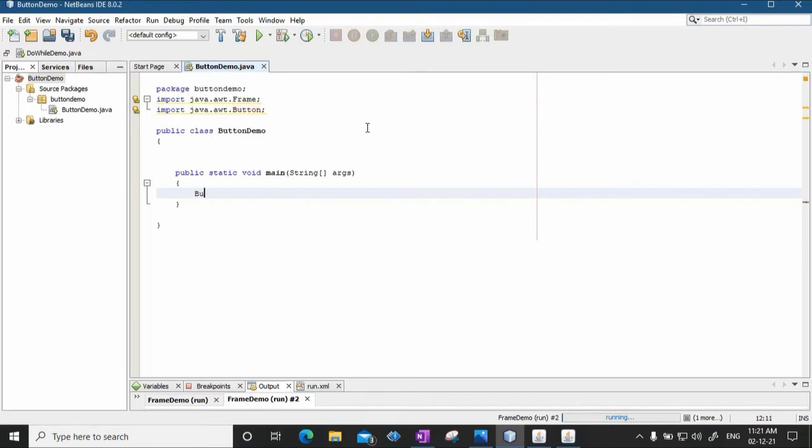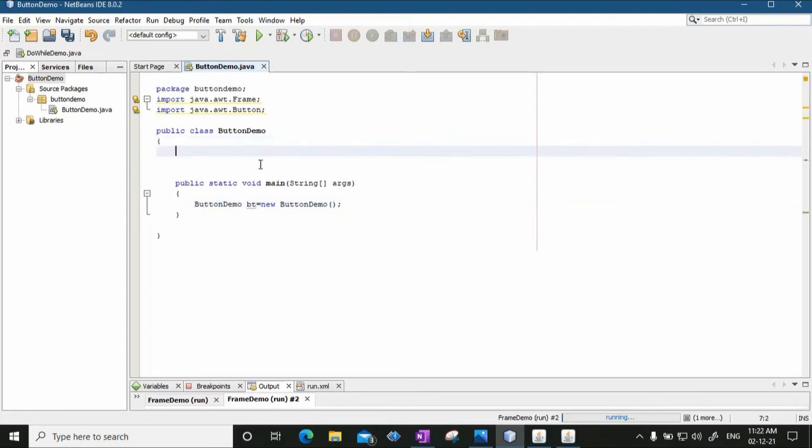I'll just say ButtonDemo bt equal to new ButtonDemo. So the program will execute by creating a new object. Now when the object is created, the constructor of the class is automatically called. So here I'm going to write the constructor of ButtonDemo; the name of the constructor is the same as the class name.